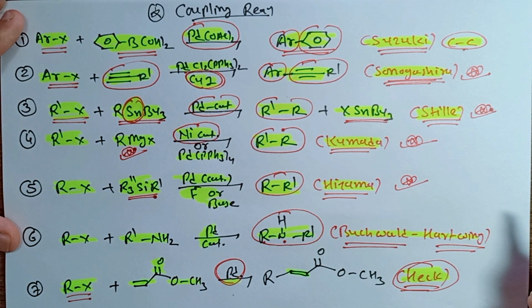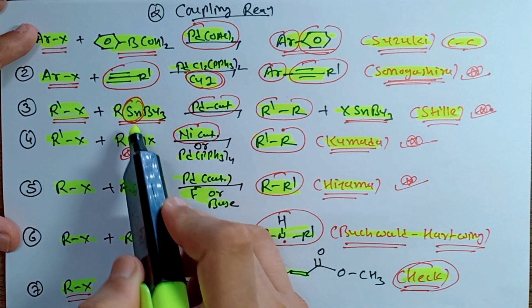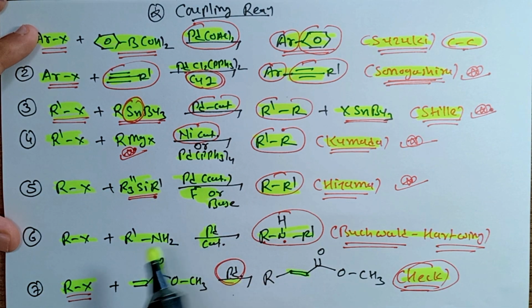Now you have to list out under what conditions. Some of the conditions you have to remember are: the triple bond, that is the alkyne group; the tin group; the RMgX group; the Si group; the NH2 group; and the last one, the alpha-beta unsaturated ketonic group, you can say the ester derivative. So these are the 7 types of reaction. Now let us understand the mechanism one by one.